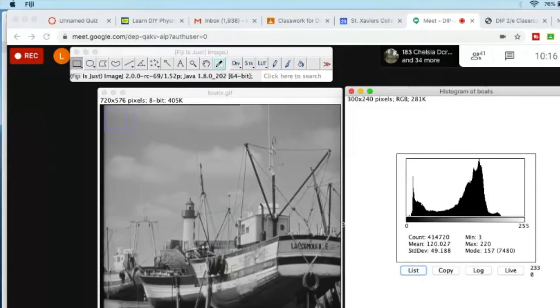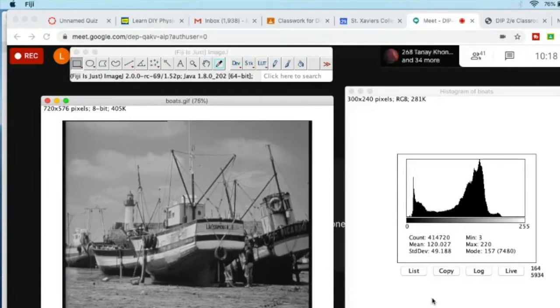So here if you see, the left hand side is the original image and the right hand side is the histogram for this particular image. In the histogram, your x-axis is changing from 0 to 255 because our image is actually an 8-bit image, and we know, if you recall, for a k-bit image, 2 raised to k gives you the levels. So 2 raised to 8 is 256. So our levels should change from 0 to 255. Therefore, on the x-axis, the lowest value is 0 and the highest value is 255.